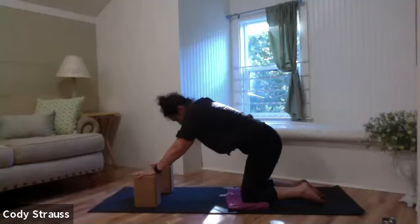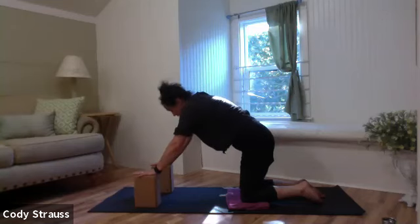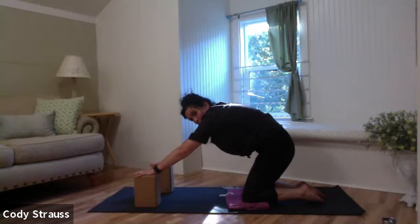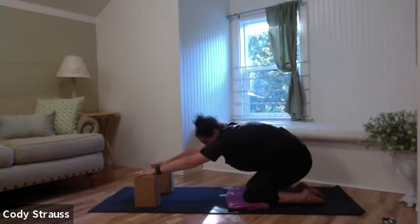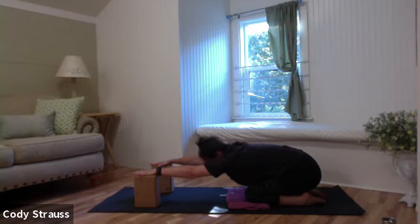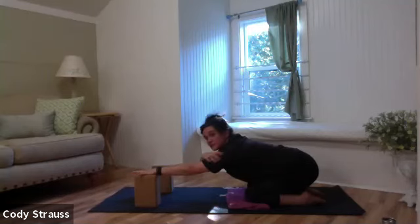And one more time, arch the spine, lengthen the chest, lengthen the throat. And then exhale, round the spine. And then continue to bring the hips down toward the heels, keeping the hands up on the blocks. Now, if it's possible, you can release your head down toward the mat, pressing into your hands and feeling some